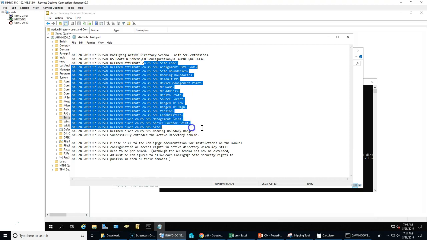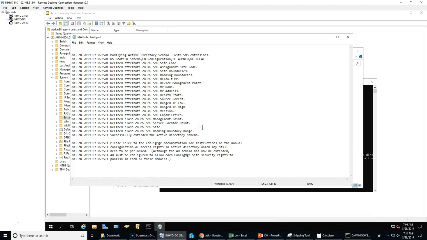So what will happen? Say, for example, there is a client. As we discussed earlier in one of the slides, the client always communicates by using the SMS site code. So to find the site code, which is the site I have to report to as a client,